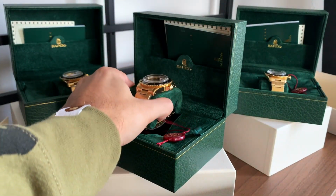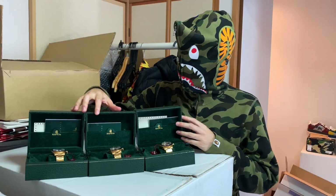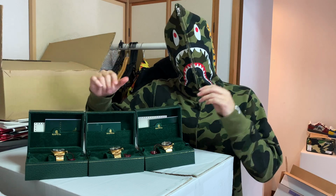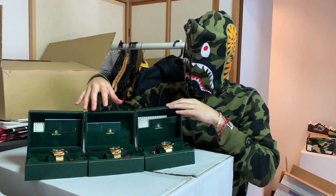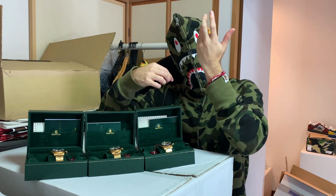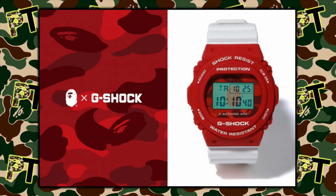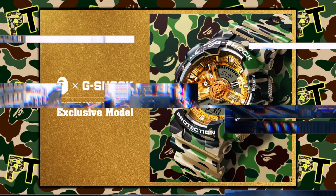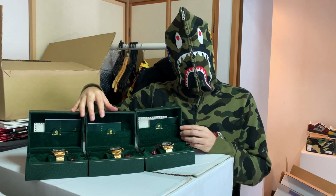Well, there it is, the classic Type 1 BAPEX. Now, like I mentioned earlier, I'm not too big on BAPEX. Main reason, not a big watch wearer, especially these type of watches. Your boy got some hairy arms and the bracelet kind of rips at him. If I did have to wear a watch, I'd go for them Bape G-Shocks. Personally, way cleaner. Also, it is on the pricey side. I'd rather save up my money and aim for a real Rolex. But then again,